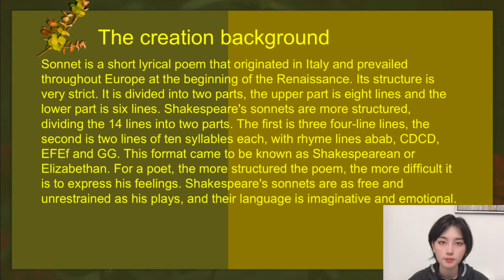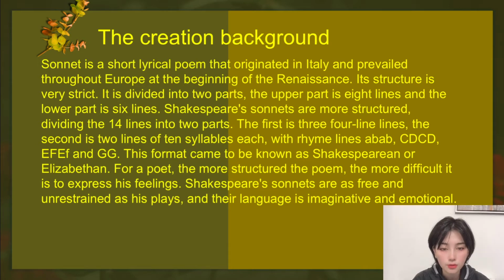He is known as Britain's national poet and the bard of Avon. The creation background. The sonnet is a short lyrical poem that originated in Italy and prevailed through Europe at the beginning of the Renaissance. The structure is very strict. It's divided into two parts. The upper part is 8 lines and the lower part is 6 lines. Shakespeare's sonnets are more structured,